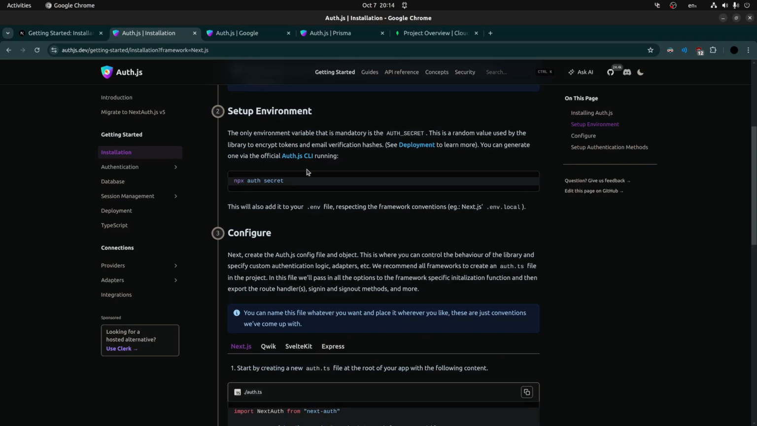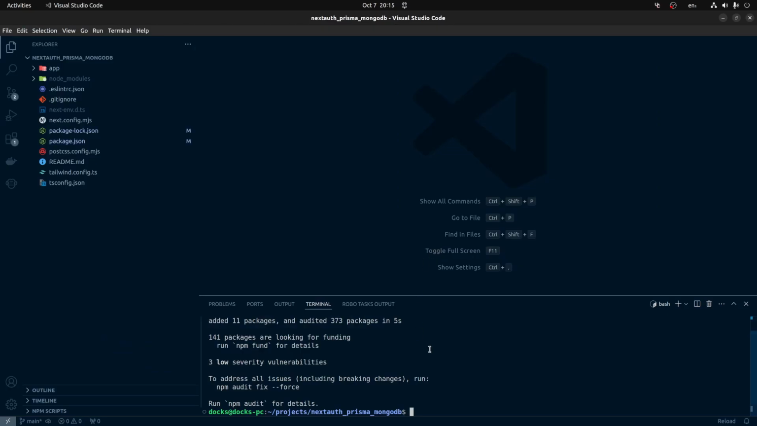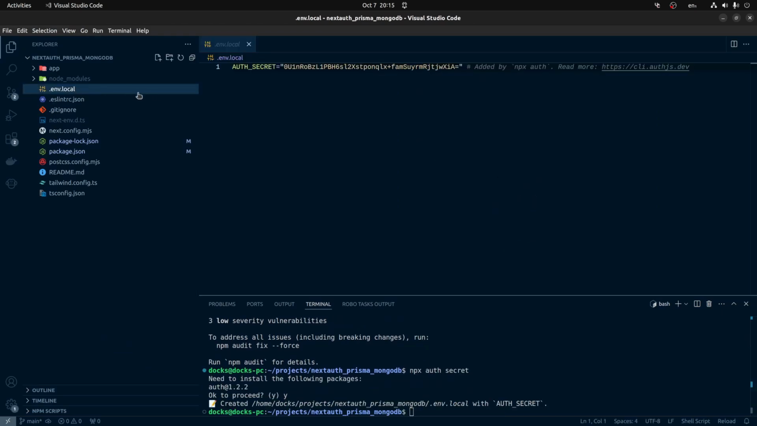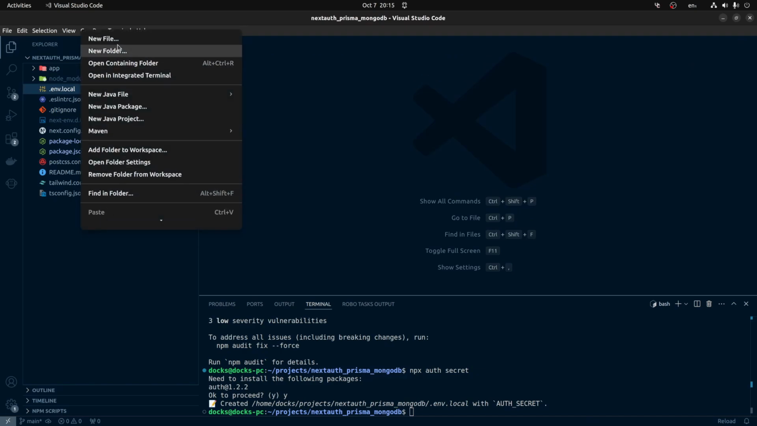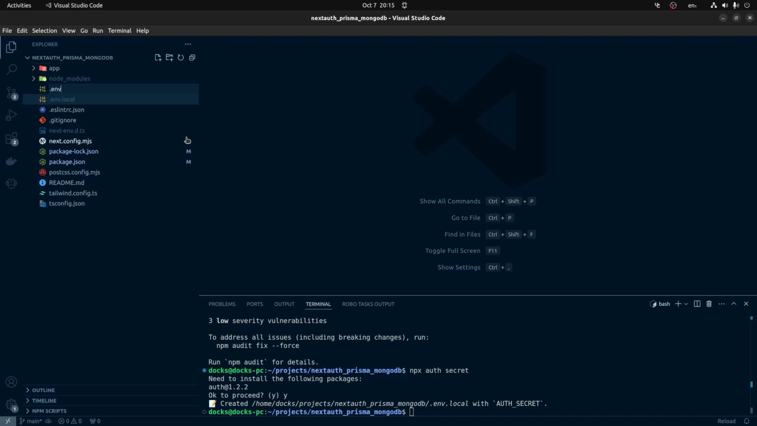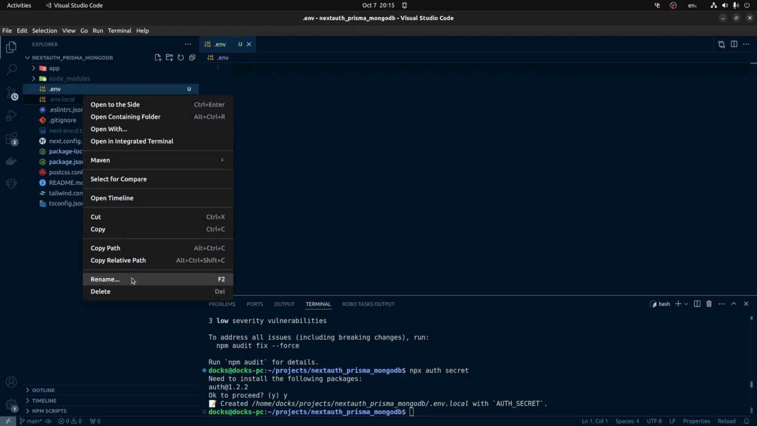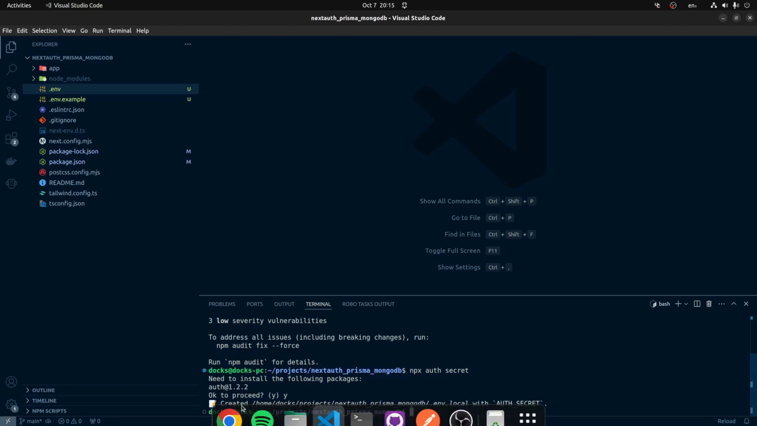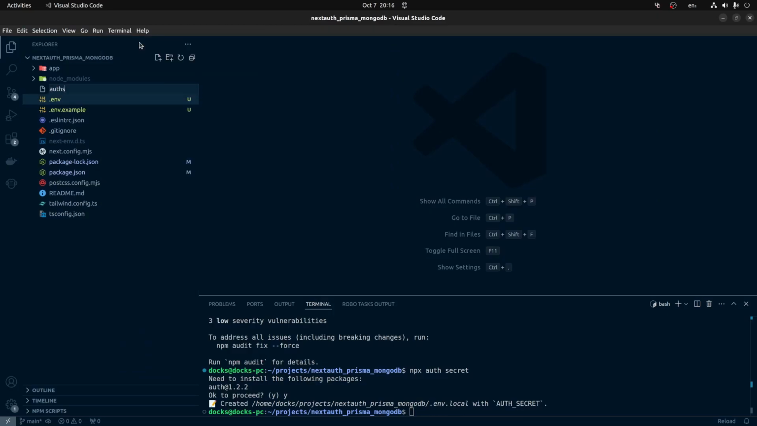So we can generate a secret with npx auth secret. So I'm gonna do that. We have to install that. I'd put it in env.local, but I think it's better to use an env file. We can leave this as an example maybe. Gonna get that. So after that, we can create the auth.ts here